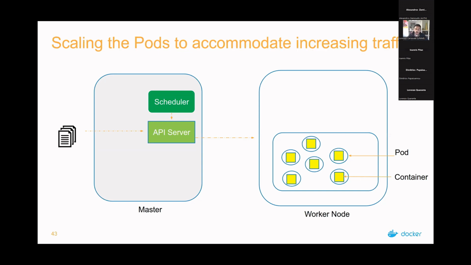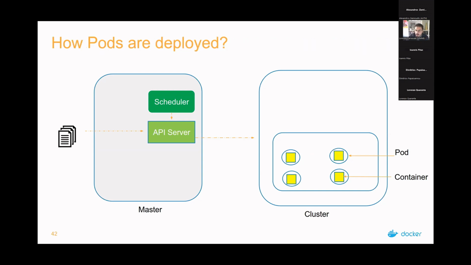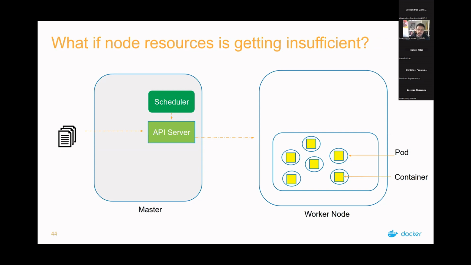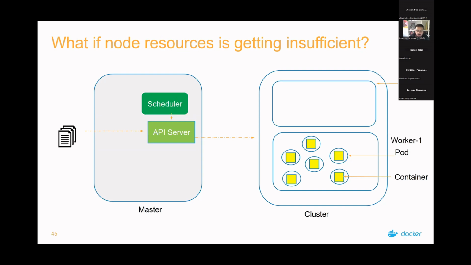So the containers, as I said, could be scaled, accommodating the increase in traffic. So one single container, as we see here, could be replicated. That means replicating also the pod where the container is located. Or what if the resources are not sufficient? Then we